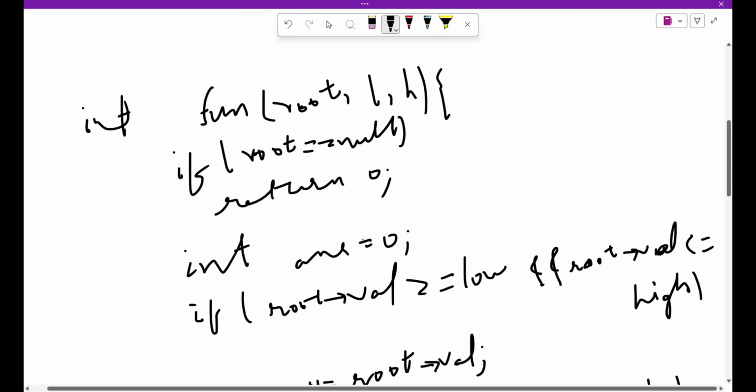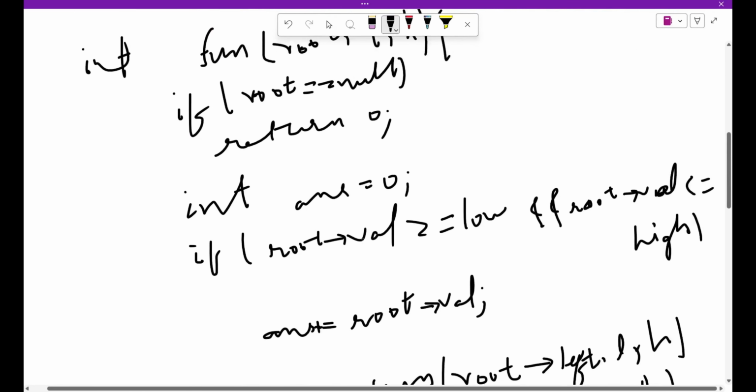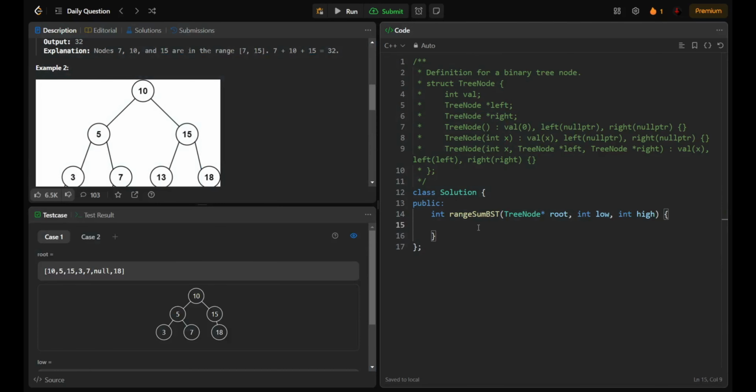So I think you got this algorithm. So let me write code according to this algorithm. So first what we have to do is check if root is null. If it is null, then we have to simply return 0, and I will take one variable answer, and if root of value is greater than or equal to low, and also root of value is less than or equal to high, in that case only we will add the current root value,